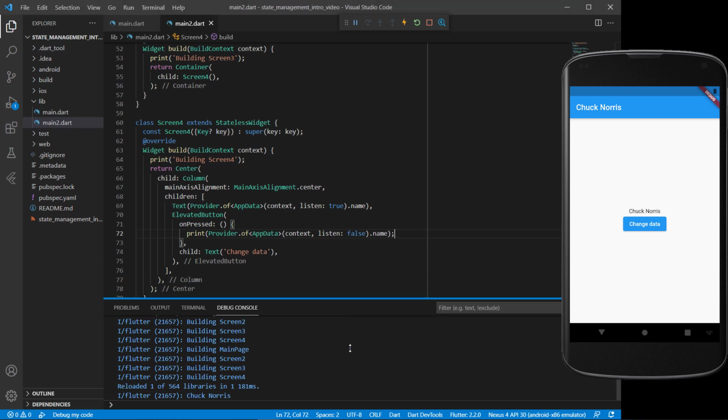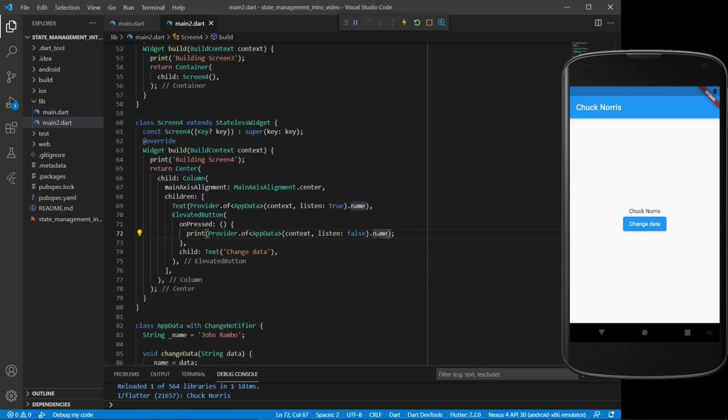So whether you're calling a method or just getting back the data for whatever reason, you will set listen to false because it doesn't need to update any widget now. So just make sure of that. So in our case, we will not print out anything, but we actually want to change the data. So I want to call that function. So I'm going to call the function called change data, and we're going to set the data to